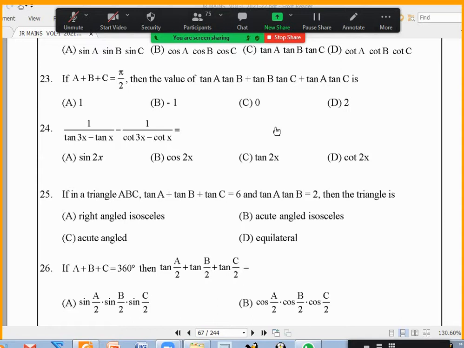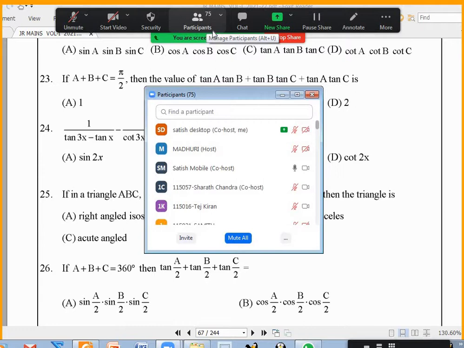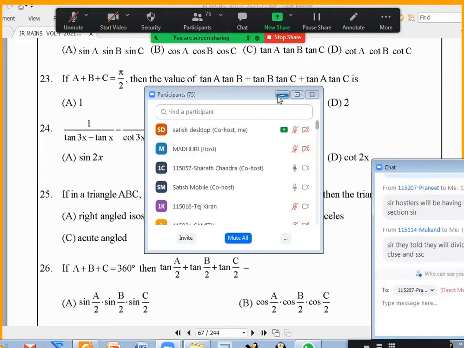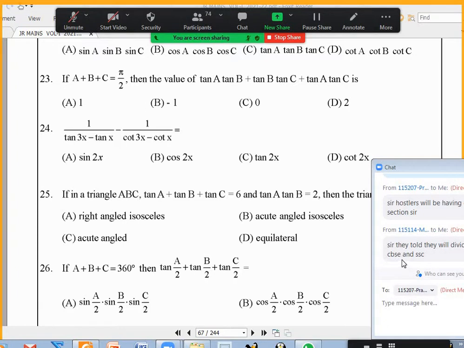So in future also, if you find any difference between the two sections, it is not that we are doing anything different. It is only a matter of how many doubts the children ask when we give homework. Another said that one batch is telling that they're through and they have to go fast. That's what I'm saying. If the doubts are asked less, for example, compound angles, I'll give one day 20 questions homework. In one section, all of them complete, I can go further. In another section, if they say that we have not completed or we are not getting it, I have to teach some questions, right? Yes, sir. It is as simple as that. There is no difference.